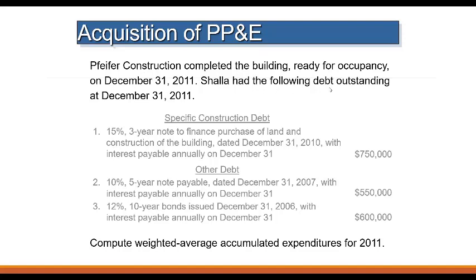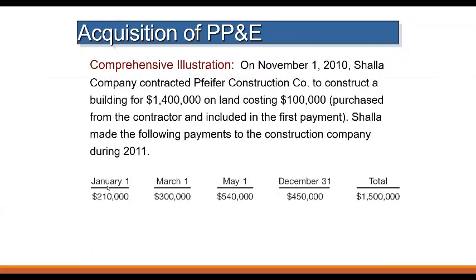And they had the following debt outstanding at December 31. This is the specific construction debt, 15%, 750. And we have two other debts, 550 with 10% and 600 with 12%. And he asked me to compute the weighted average accumulated expenditure. So actually I can get here and get the